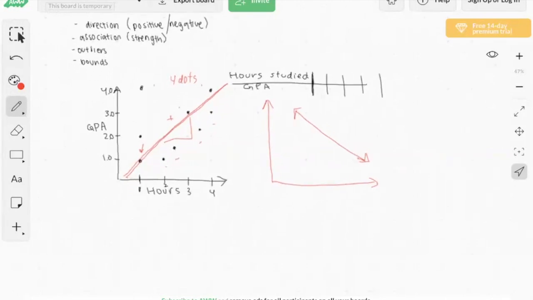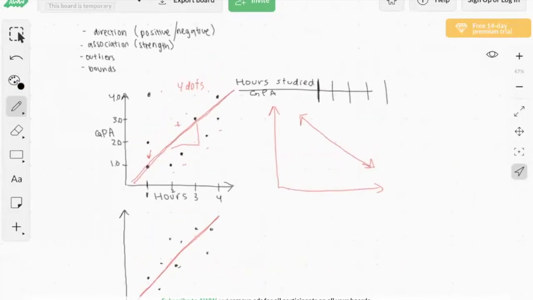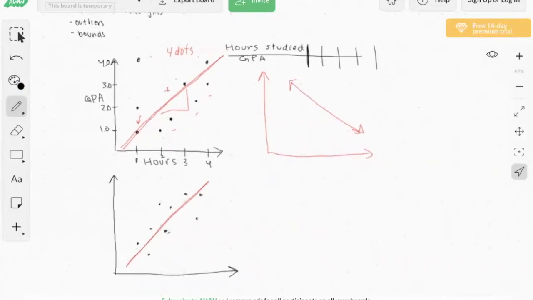Association depends on the strength, or how many points are closer to that line of best fit. So for example, if I have a similar plot, I'll just make it the same example as the hours and GPA. If I have a line of best fit like this, and my plot points are all very close to the line of best fit, or relatively close to the line of best fit, we would say this has a strong association. So we refer to association as like strength, strong or weak. So this would be strong,